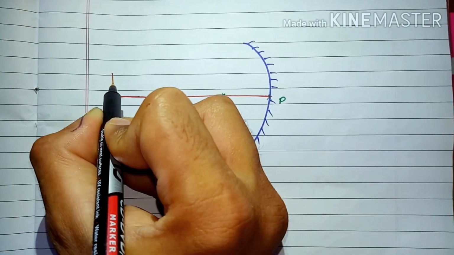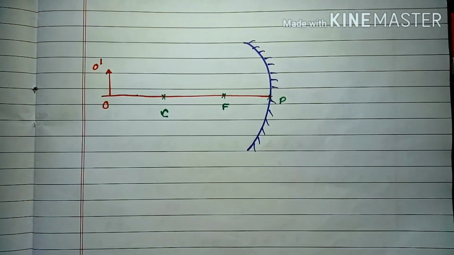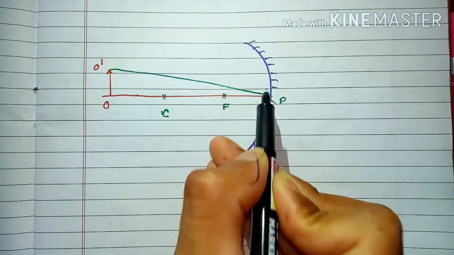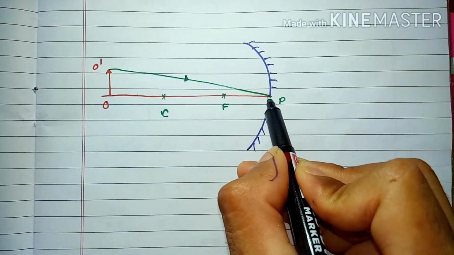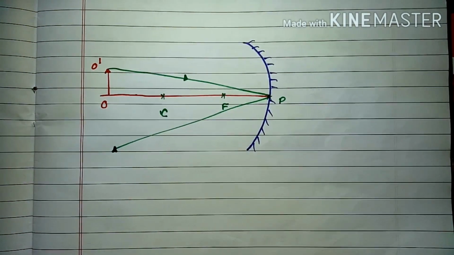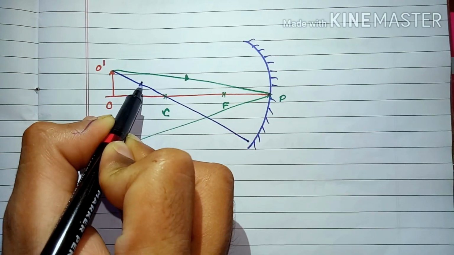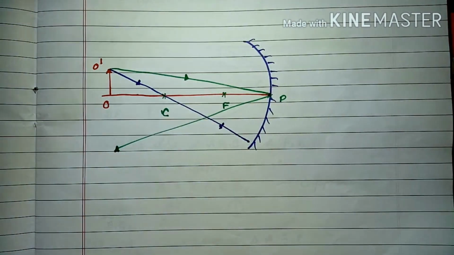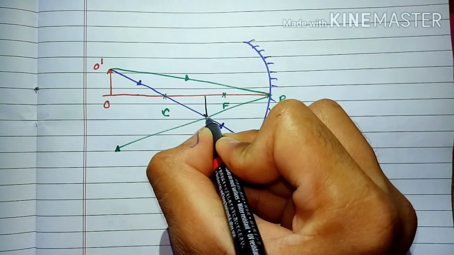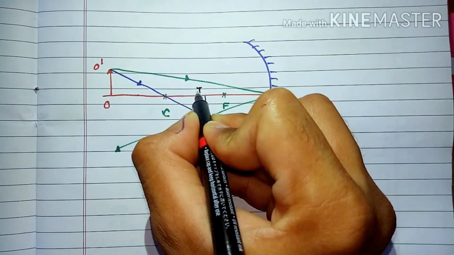the center of curvature, here, this is O dash, then an incident light ray which comes like this, after reflection it goes like this, and another incident light ray which goes from the center of curvature, after reflection retraces its path. So these both light rays intersect each other here, then the image of that object is formed here. This is I dash and this is I.